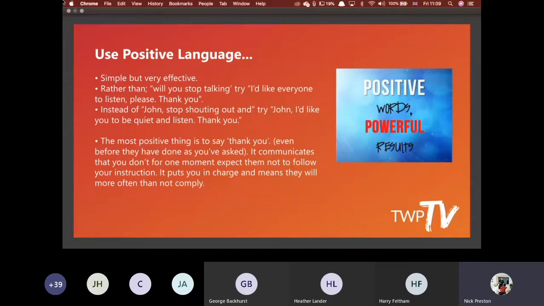They're two words that I talk about as well. If anyone's been on my previous courses, I really highlight the word thank you. Psychologically, you're already thanking them for doing something, and a child won't be able to process that quickly enough. So: "Everybody come and sit down here sensibly, thank you." Before they even think about it, they've been thanked for it. They realise they have to do it because they've already been thanked, and they will do it. You'll be so surprised by the results you get from that.